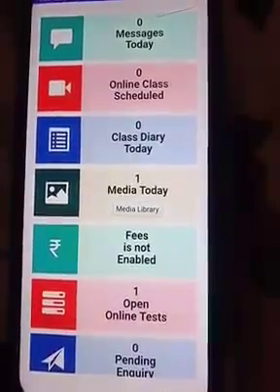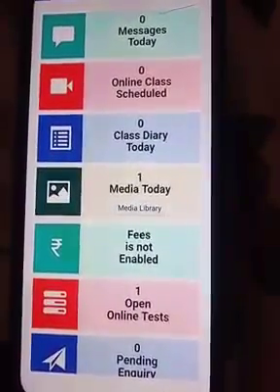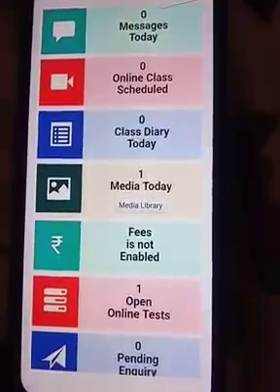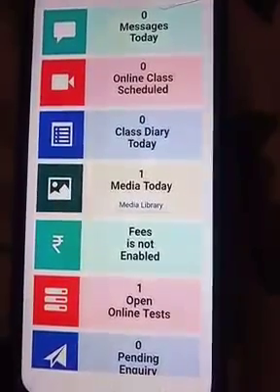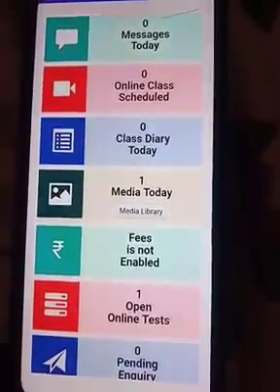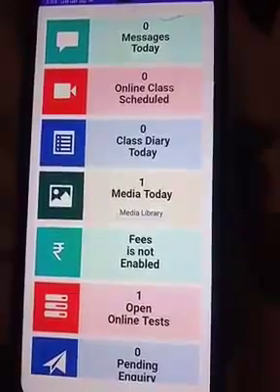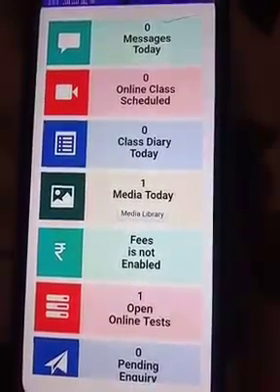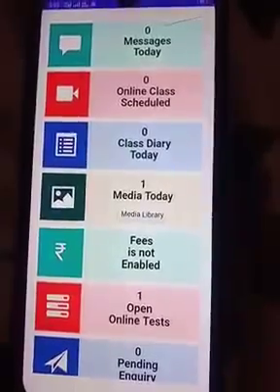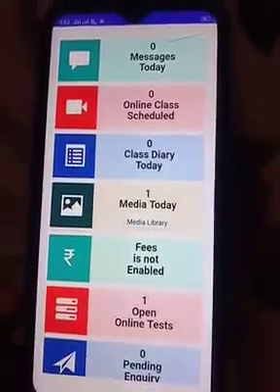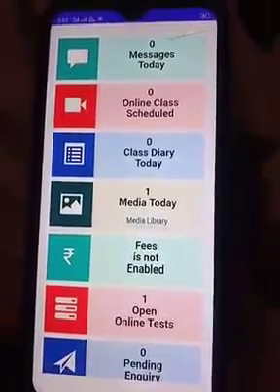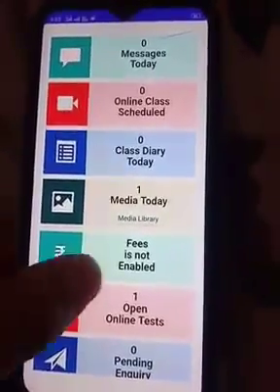Students, I'm going to tell you how to give the test, which is going to be held from tomorrow onwards. So let's start. In your mobile, as you can see in the SIPS Nitya app, there is an option which is Open Online Test. So firstly you have to click on it.